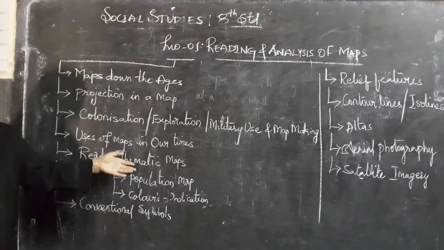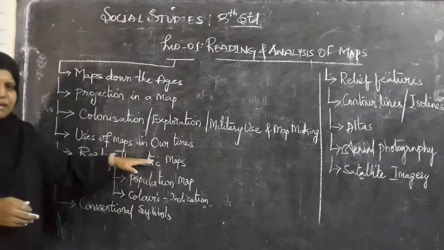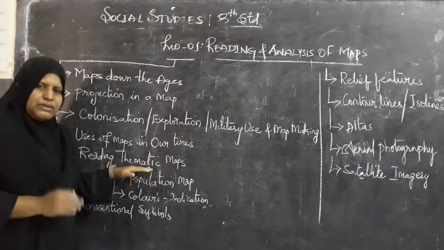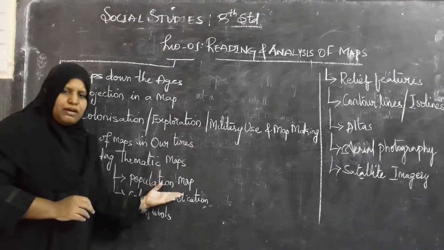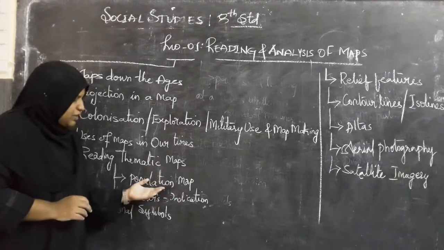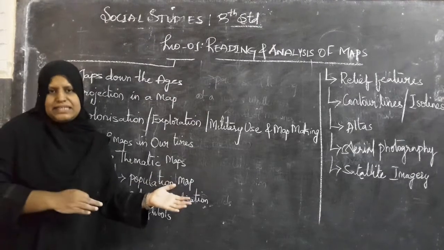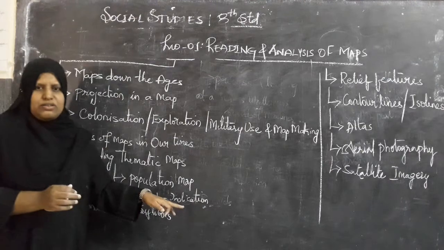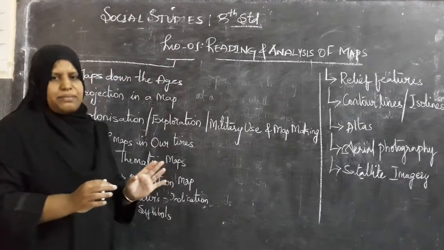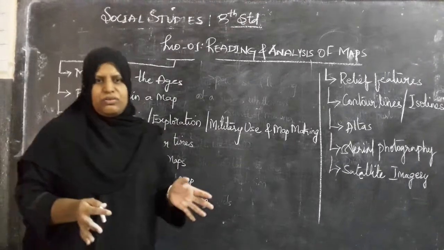Reading thematic maps: in the previous class I mentioned that thematic means relating to only one particular content. Here we are going to discuss population maps, at the state level and also the country level. Then color indication: we all know the indication of colors in maps. Blue is basically for water bodies, brown for the